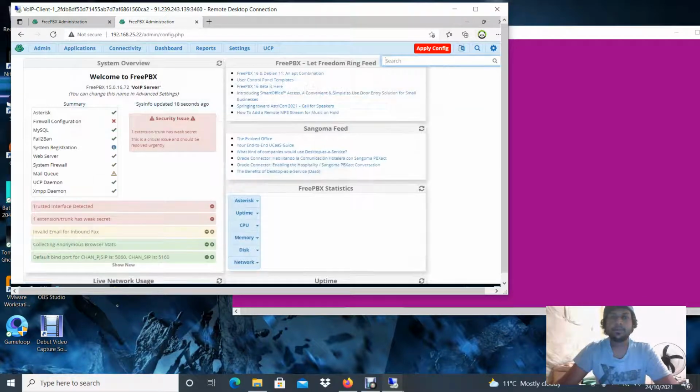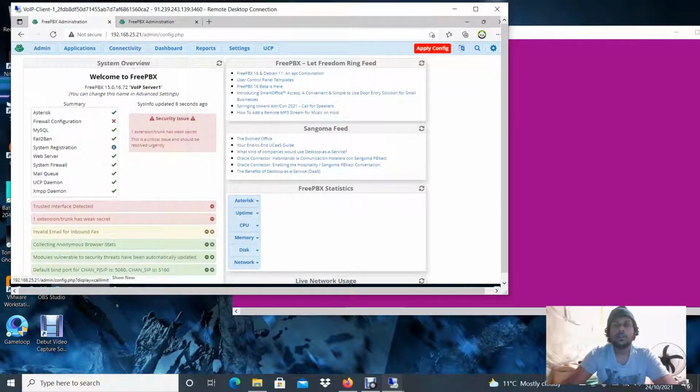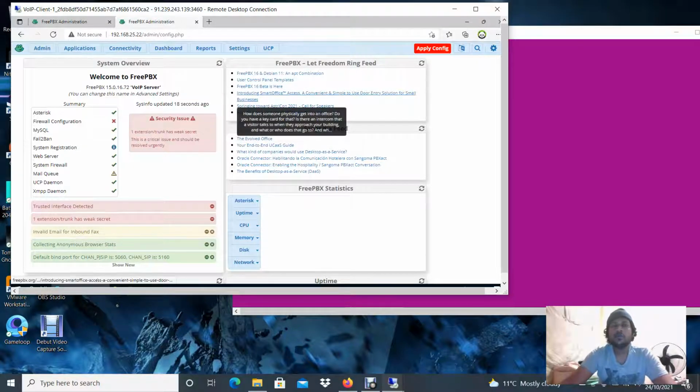Okay. So this is the dashboard of the second PBX server. And now I'm going to establish a connection between the PBX server 1 and the client 1. Then from this one I'm going to establish a connection between the PBX server 2 with the client